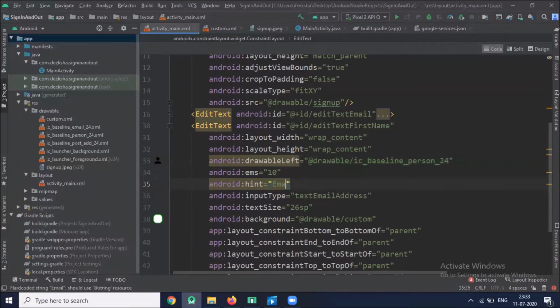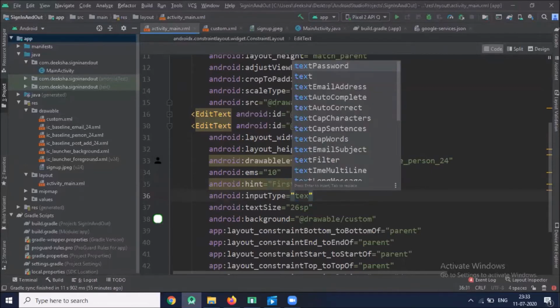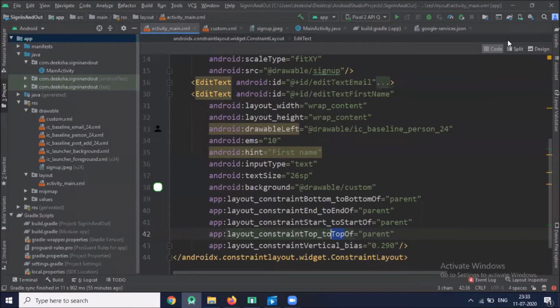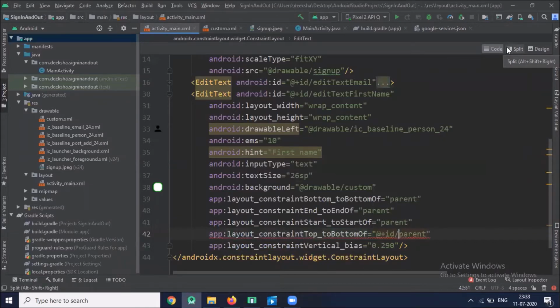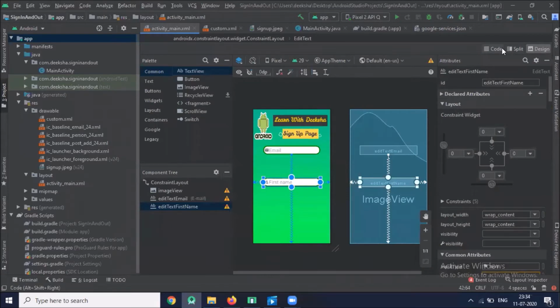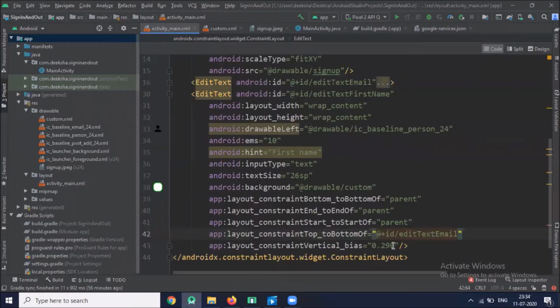Here we change hint and input type text. Here we change here top to bottom. ID, and here we provide edit text email. Now look at our design. Here we change to